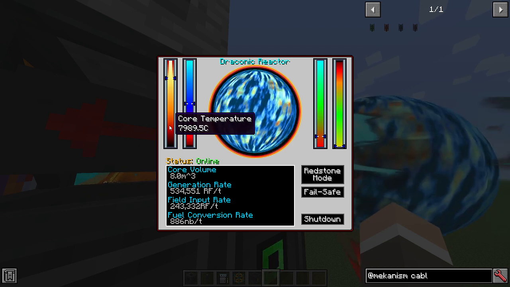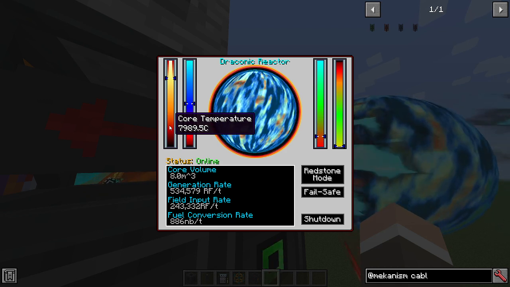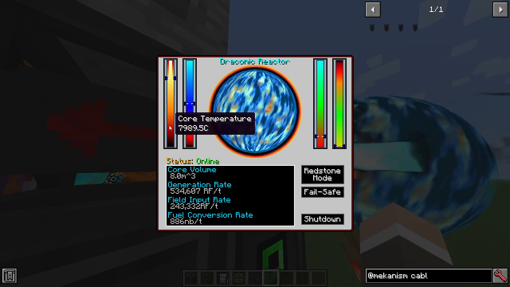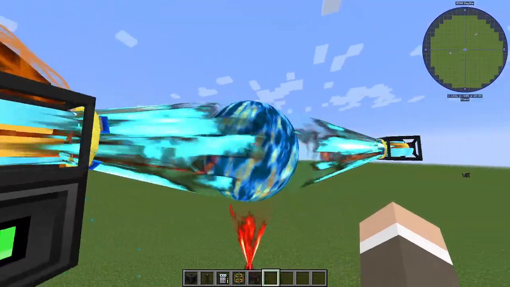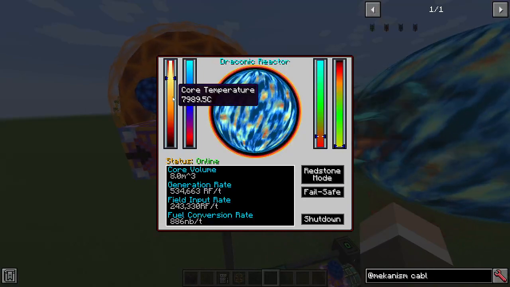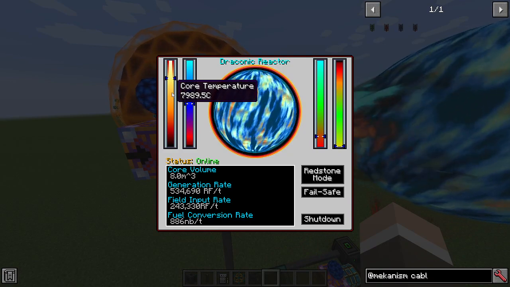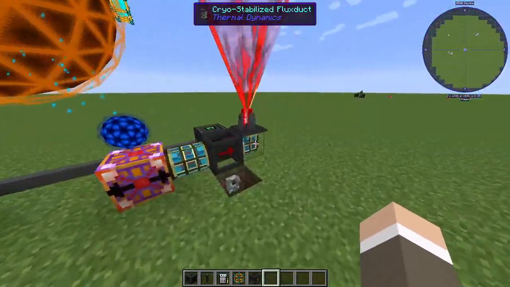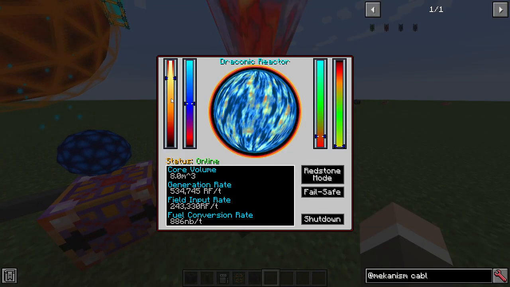Might be a bit of an error in the calculations. It was running a bit better before, but it seems that there are still a couple calculation errors. Nothing too major. Something to work out. But this wasn't meant to be a total demonstration of the program working perfectly, but just showing that it can function while getting your reactor to basically the temperature it needs to be without, you know, blowing up your reactor, which I think is what most people probably want out of their Draconic control program. They don't really care to get it to exactly